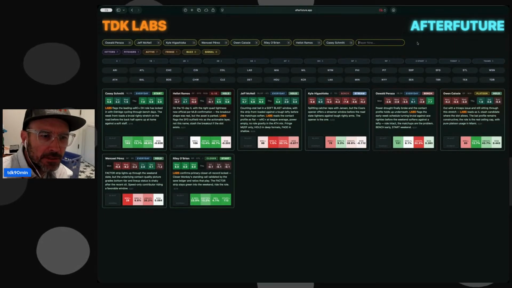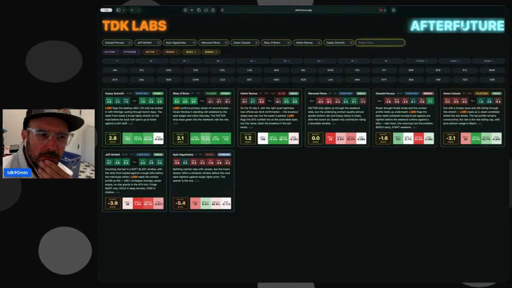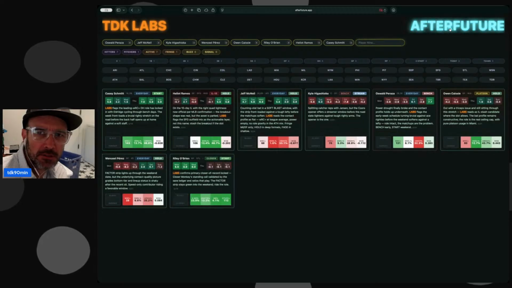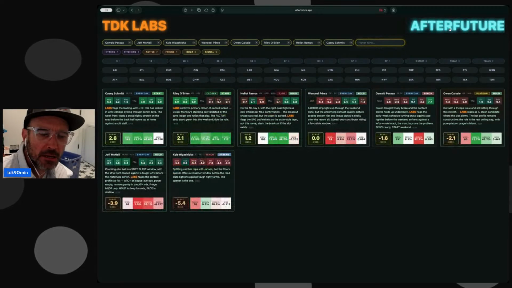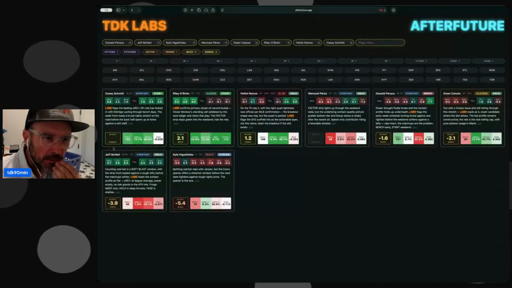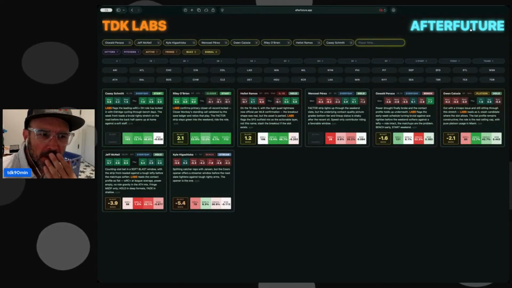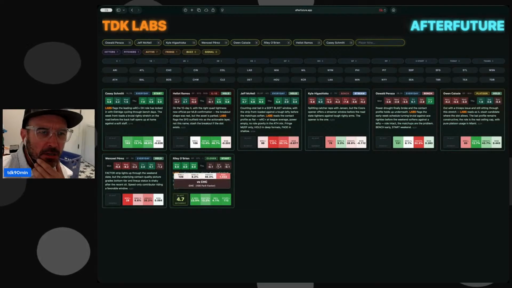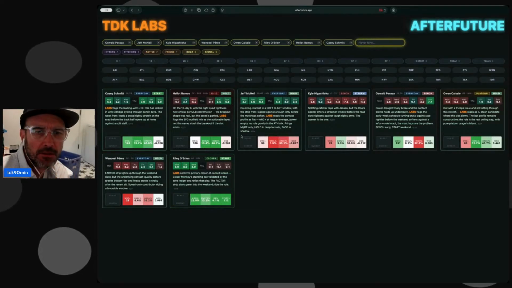Now, a hidden feature of Afterfuture is if you click Afterfuture, it'll sort by the blast factor for the week. This is a little Easter egg feature. You hit that, it'll sort by blast factor for the week, so the top blast factor for the week is going to be Casey Schmidt. Back to it, it just shows blast factor for the day. Click again, it'll go back to regular blast factor. So yeah, these are the tools I use right here.